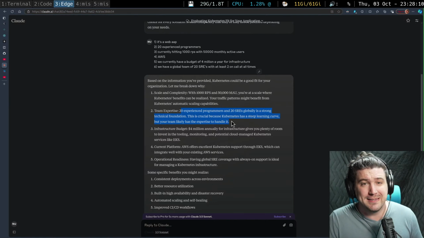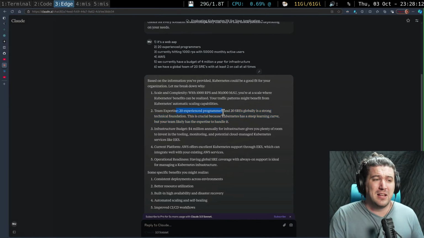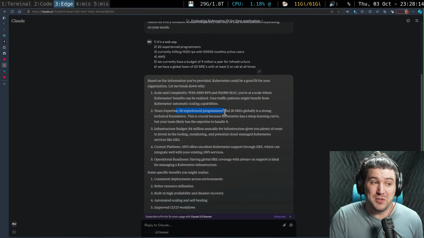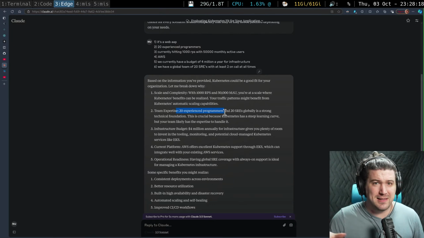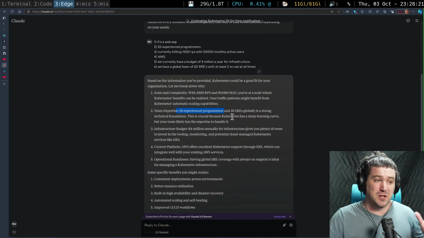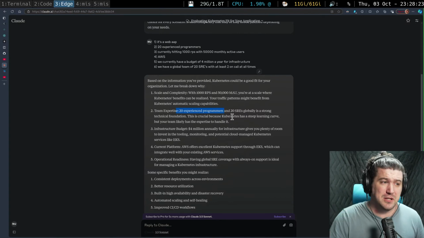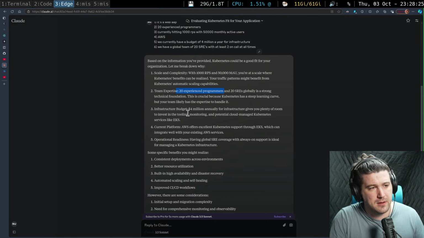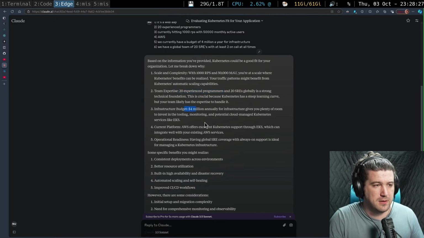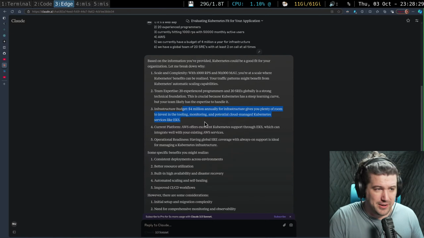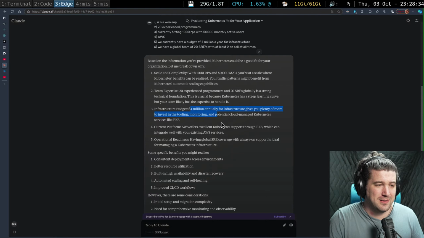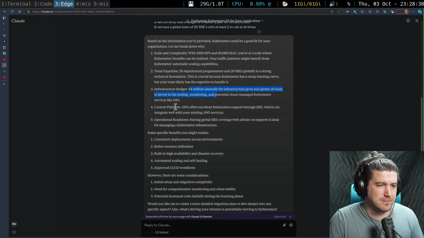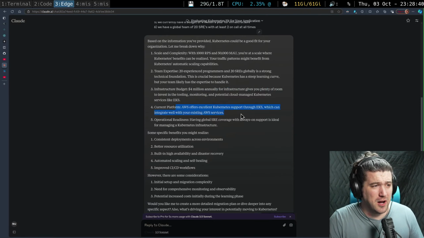I don't think 20 is enough, honestly. With 20, you have maybe 2 teams at best. They can organize around a monolith or 2 services. If you have 2 services, you don't need Kubernetes. No, it doesn't. 4 million is not enough. That's running our servers. This is true. 100% true.